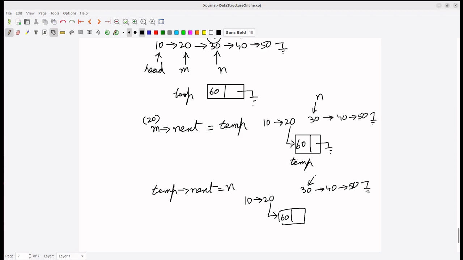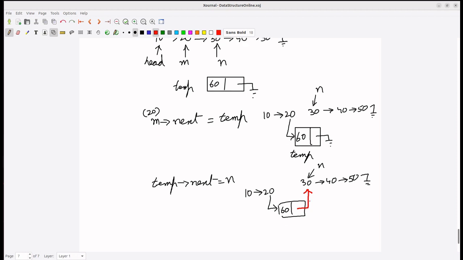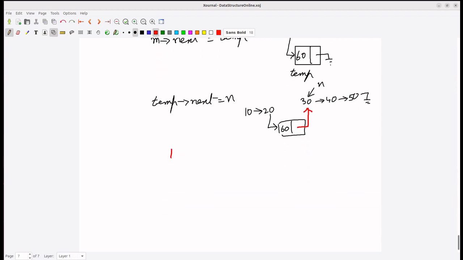The moment you say next pointer of temp pointing to n, what will happen? You are having the list 10 to 20, 20 is pointing to temp which is having the value 60, and here it was 30, 40, 50, next pointer of 50 is null. This was n, n is pointing at 30. The chain is created. So if you look into this list properly, 10 to 20 is proper, but we are having 20 to 60, 60 to 30, 30 to 40, 40 to 50, and so on. So this is how basically the element